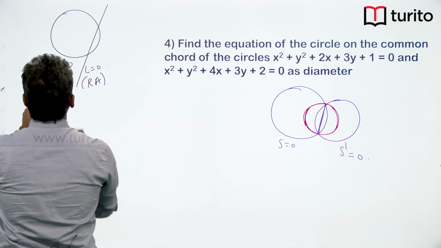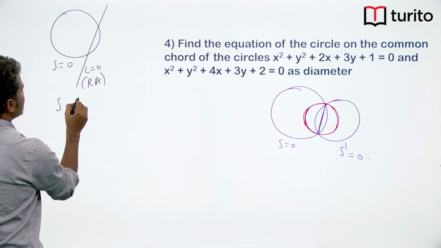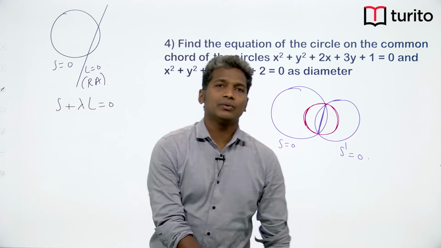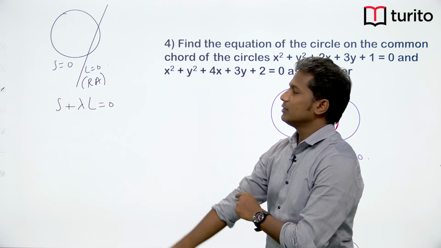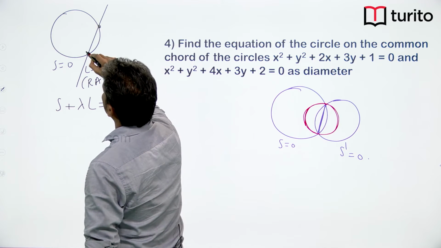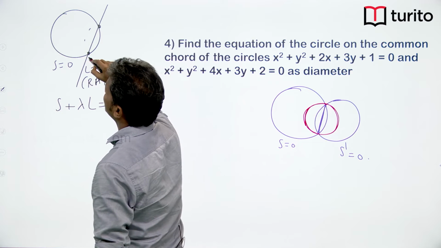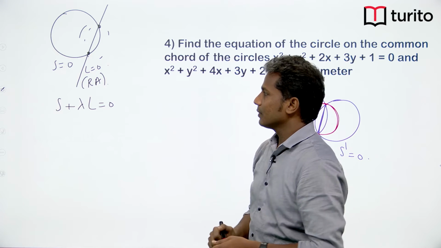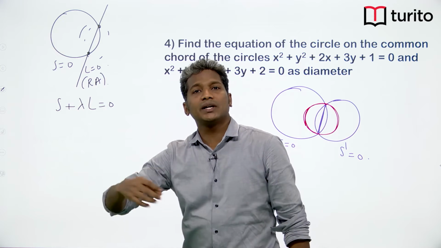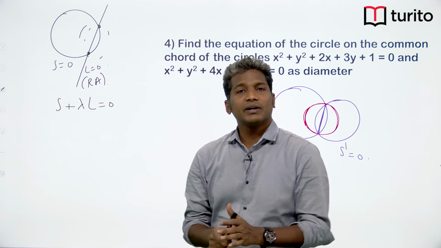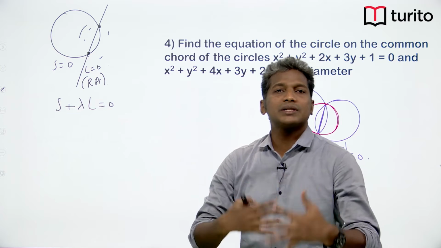Now if I apply the concept of family of lines here, S plus lambda L equal to 0, this equation of circle represents all circles passing through these 2 points. There will be infinite circles passing through these 2 points, but this equation will represent all of them. So lambda being a real parameter, if I vary lambda, it will give me all circles passing